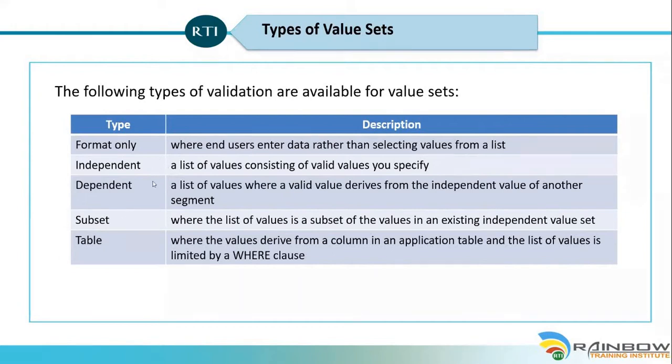Say for example, you want to create 2 value sets, one value set to include all the departments, you create it as independent, and you want to create another value set which will include only the admin related departments. So in the admin related departments, those will also be part of the main value set, but you create the admin related department value set as a subset one. And when you create it as a subset value set, you will be able to pick up values from an independent value set and use them.